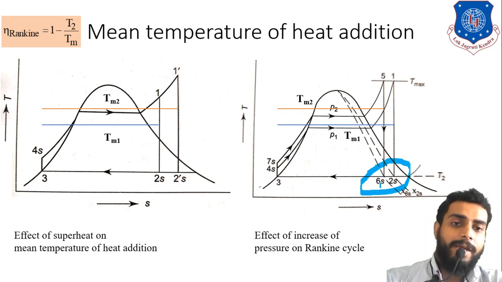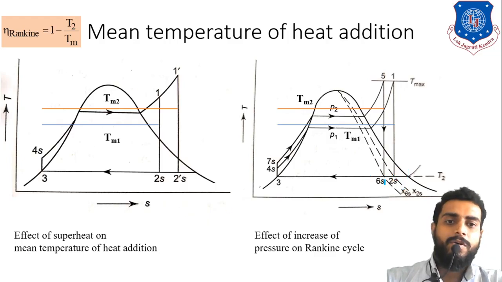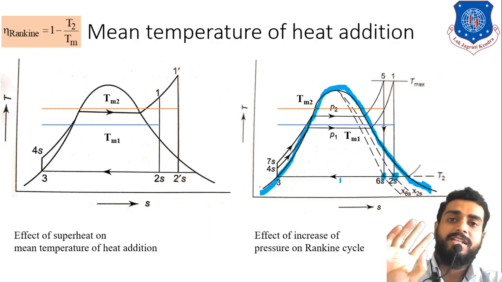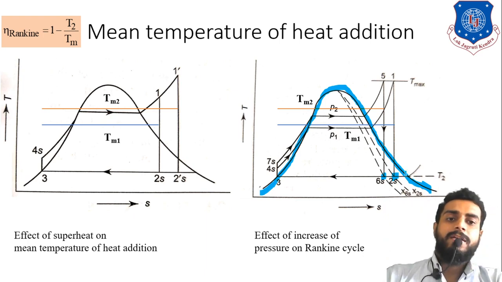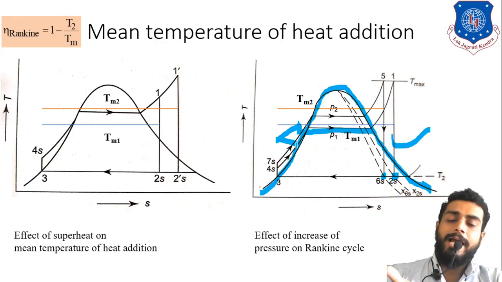Because here what will happen, both of these 2 points, let me just clear the circle for you guys. Okay, this point, that is 6s, is over here and 2s is over here. So both these points are in the saturation dome, and I have already told you many times that if you are falling in between this dome, then you will have a mixture of liquid plus vapor, that is wet steam. So here, I have already told you that if you are moving from the saturated vapor line to the saturated liquid line, then the wetness part will increase and the dryness part will decrease.